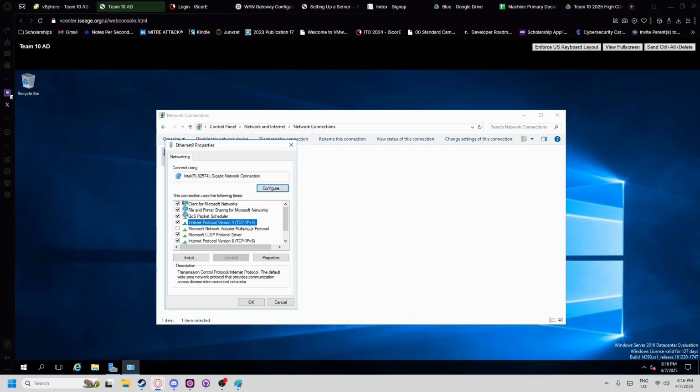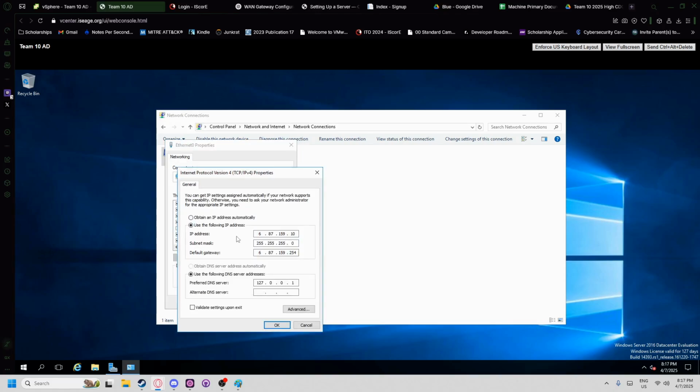In here we can change the IP address, default gateway, and DNS servers. First things first, we're going to change the IP address. Obviously it's the Active Directory box, so we're going to change it to 10.0.0.10. Make sure the subnet mask stays 255.255.255.0. And we're going to change that default gateway to